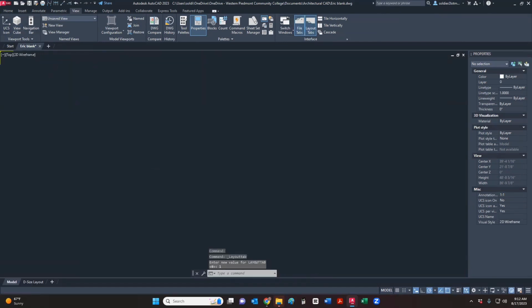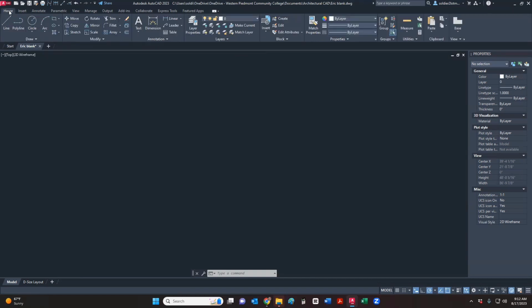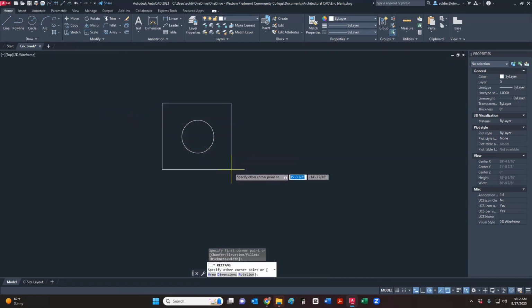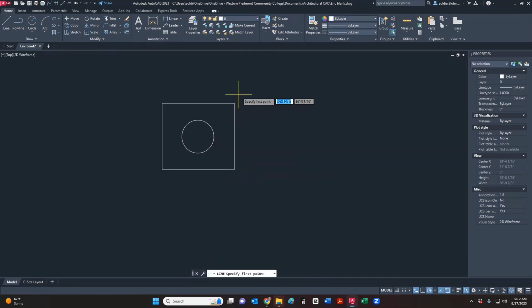So if you look at this view right here, currently right now, this is all that should be open. We will be working with tool palettes and blocks later, but for right now, let's just keep this as clean as we possibly can. Check my notes again. Okay, so let's say, for instance, that I'm going to draw a couple of things, and I'm just going to pop a couple of things in here